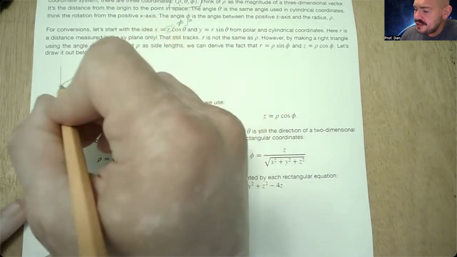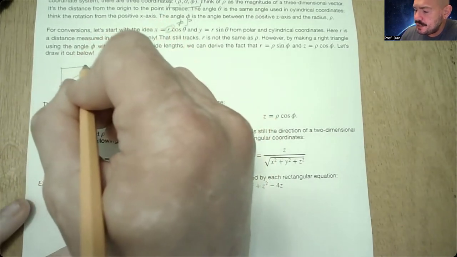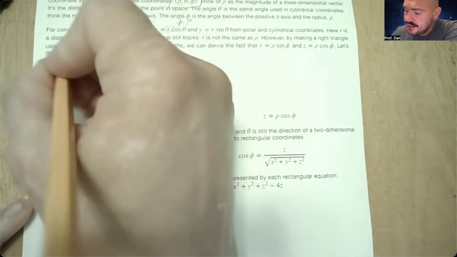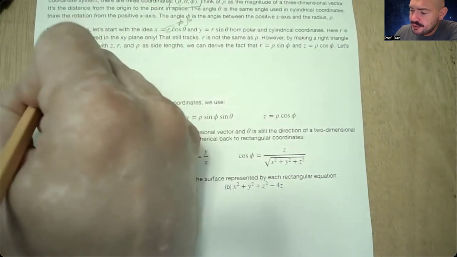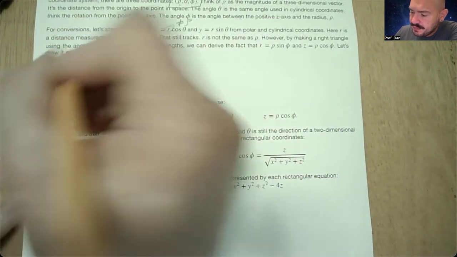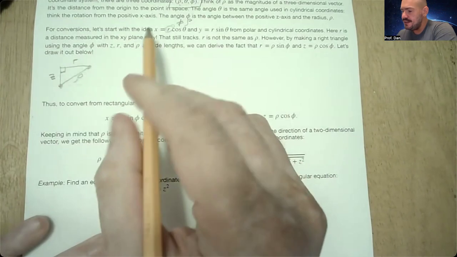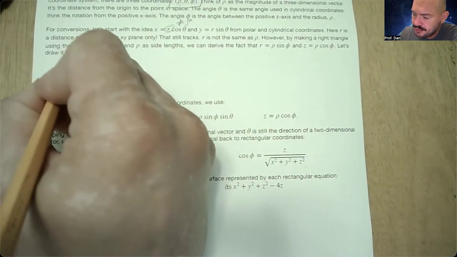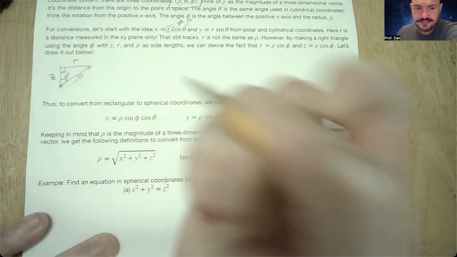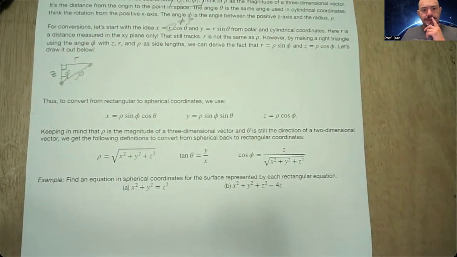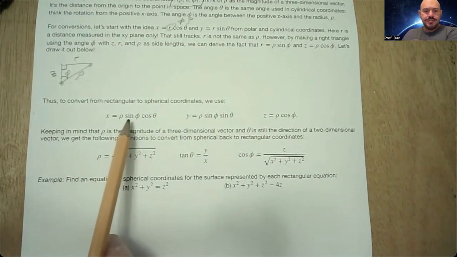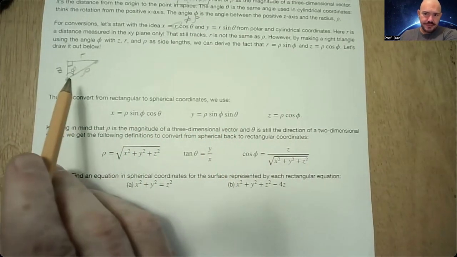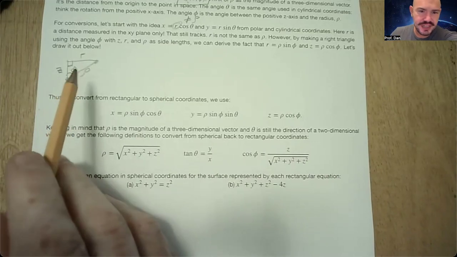For these purposes, though, I'm actually going to draw that side up here, right? But it is going to be the same length. All right, so this is R, and then we have our Z coordinate right there. So the angle that is made with the positive z-axis, so z to rho, is our angle phi. All right. So to understand where this rho sine phi comes from, let's think about what x and